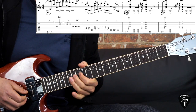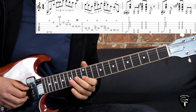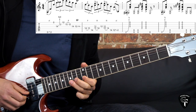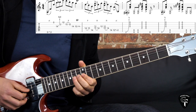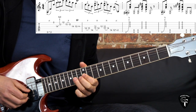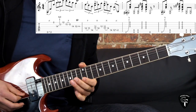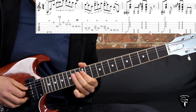So that's the first part, again bending the G string 14th fret, then we go B12, high E12, pull off on the B string 15 to 12, 14 on G, trill for one beat between 12 and 14, like that. Then the second part,